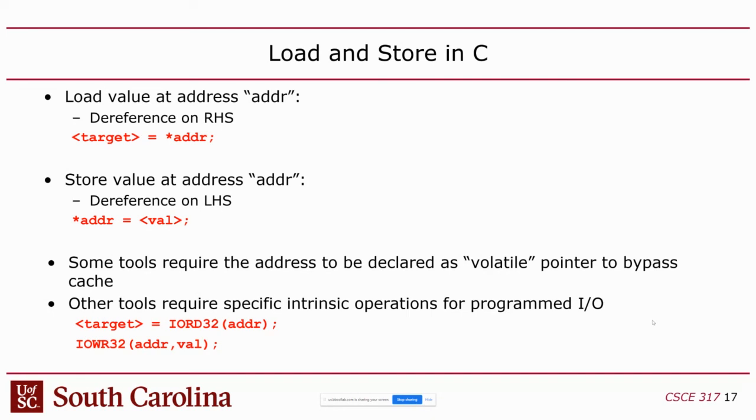And so if you need an intrinsic to do a programmed I/O operation, that means that there are specific types of load and store instructions that are needed to bypass the cache and go to hardware directly. So sometimes you'll have a load I/O and a store I/O instruction, or sometimes on other processors, for example, the address has to have its most significant bit set to 1, which designates it as bypassing the cache. But this is technology specific. Unfortunately, there's no general way to teach this. This will depend on whatever